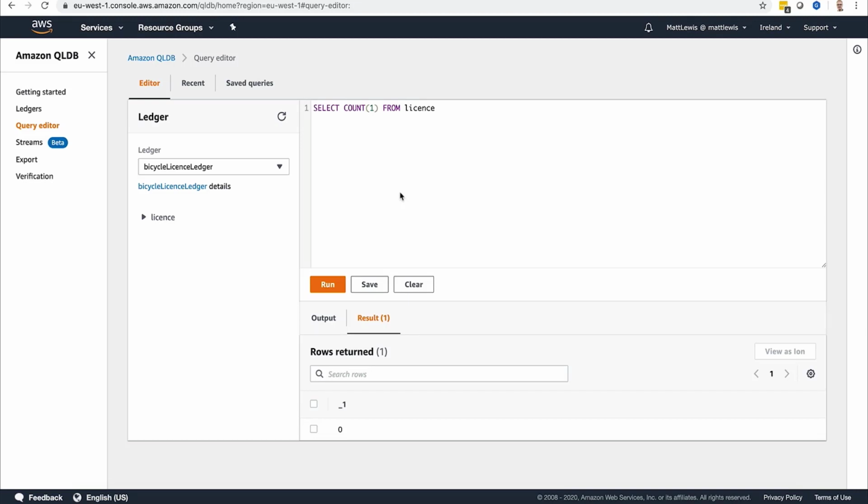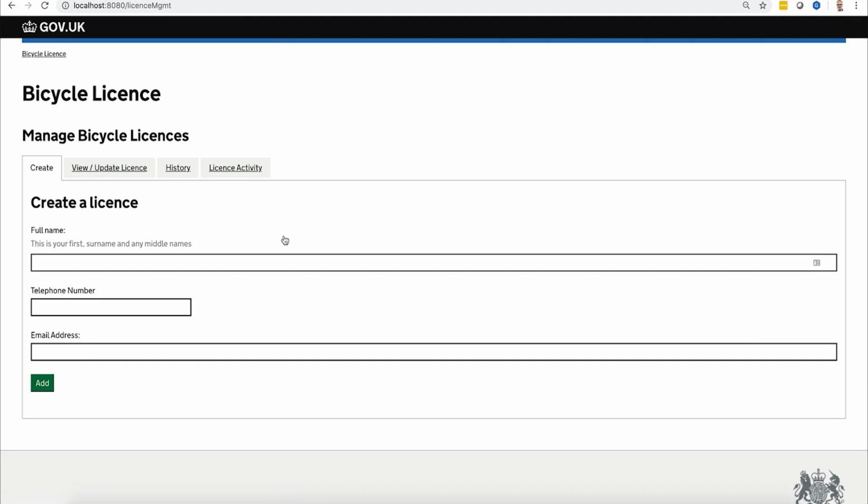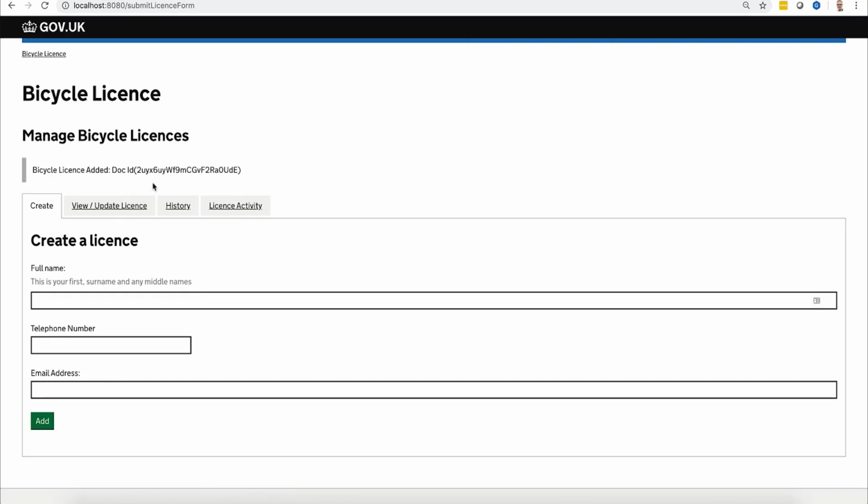Now, let's go and create a record using our new Bicycle License application. We start off by creating a new record by entering some basic details. Once we've entered these details, we add the record. Now we can see from the message that a new license has been added. It has a guaranteed unique system identifier, which is the ID generated by QLDB, which can be found in the